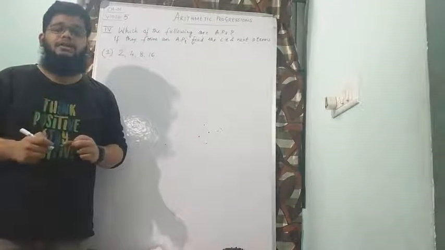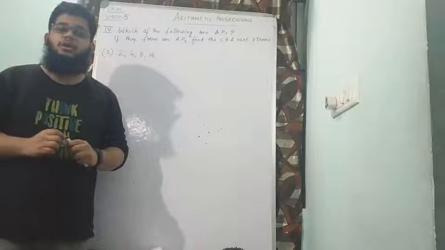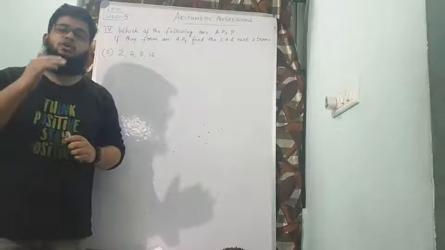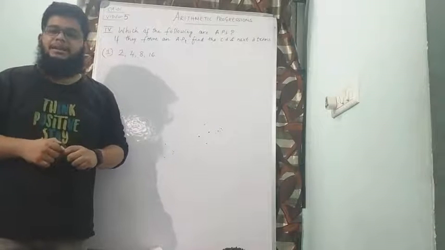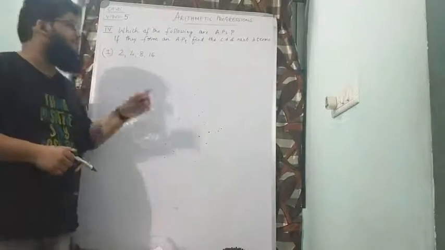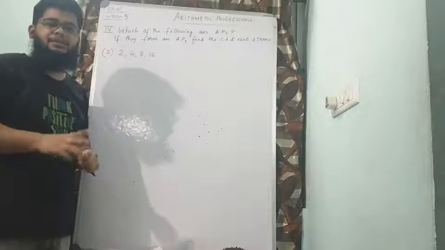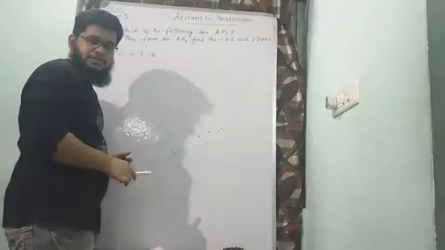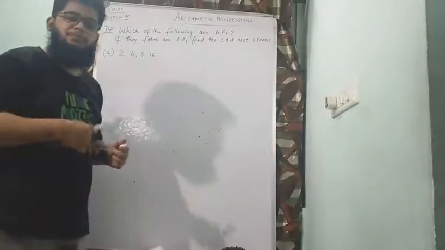And how will we do that? We can confirm that the given list of numbers is AP or not by finding out the common difference. We can find out 2 or 3 times, and if every time the common difference remains same, that is the value of D remains same every time, that means it is an AP, right? And if the value of D changes, that means it is not an AP. Now the next part of the question is, if they form an AP, that means you have proved that it is an AP, D is same every time. That time you should find out what is that common difference that we are talking about, and you should find out the next three terms. You'll understand it better as we proceed with the problems.